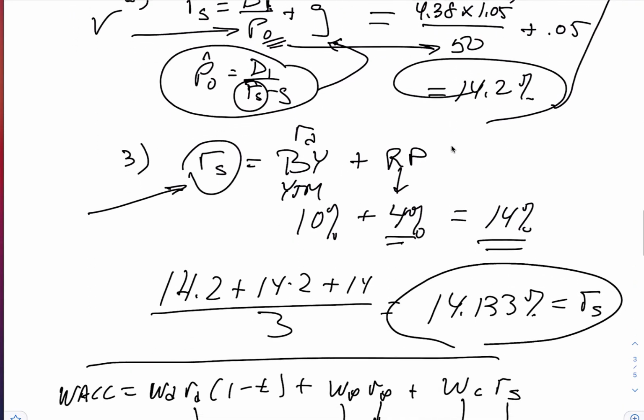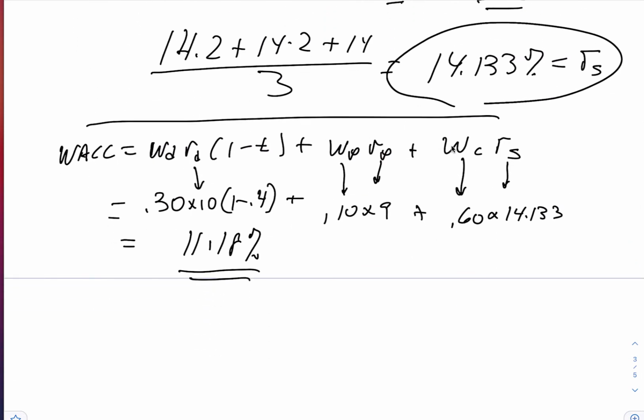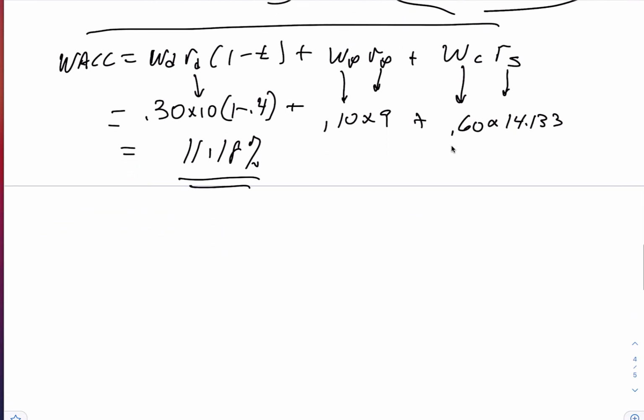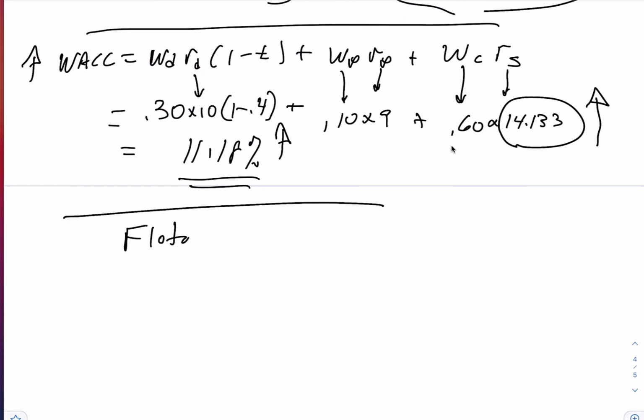But sometimes you want to invest a whole lot of money in a given year, and you're going to run out of retained earnings, which means you're going to have to float stock, meaning you're going to have to issue new stock. And when you issue new stock, you run up against flotation costs. And when you run up against flotation costs, you're going to have a higher RS. This is going to go up, and that's going to cause your weighted average cost of capital to go up. So let's cover flotation costs and see how to work them into the model.